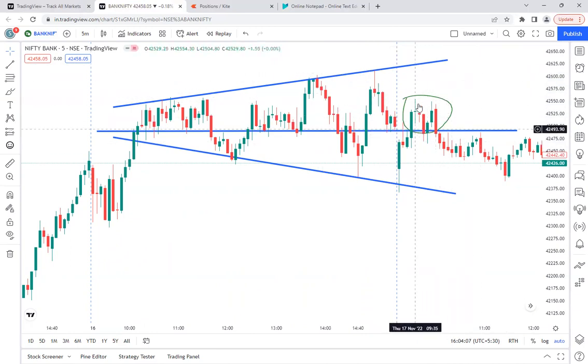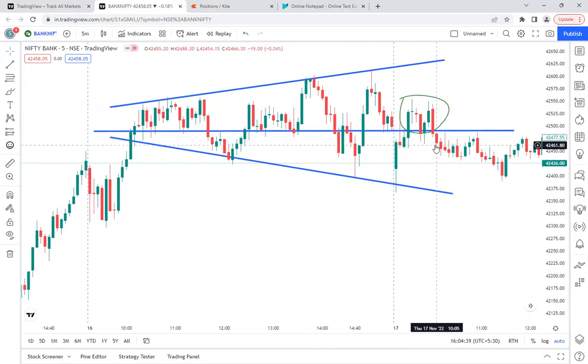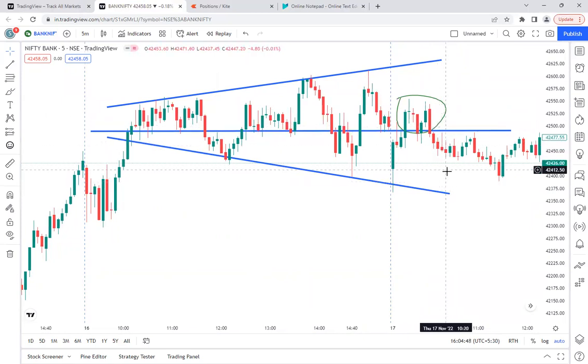Okay. I know that this will be a trap kind of thing, because I was expecting the opposite of this move. If they keep buying to this level, that means they may be trying to make the same pattern, but they will not do that. As I mentioned in every video, there may be some difference compared to the previous day. So I know that this will fail. What I was expecting is that it will try to show that they are going up, but they will come down. This was my expectation at this point.